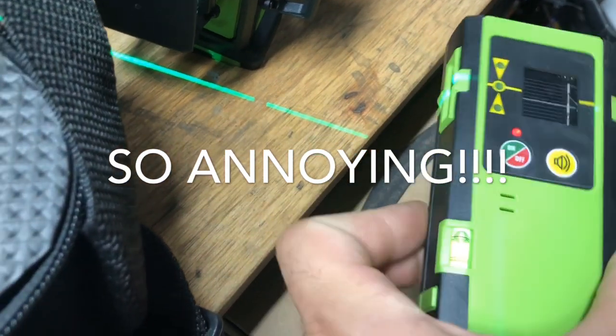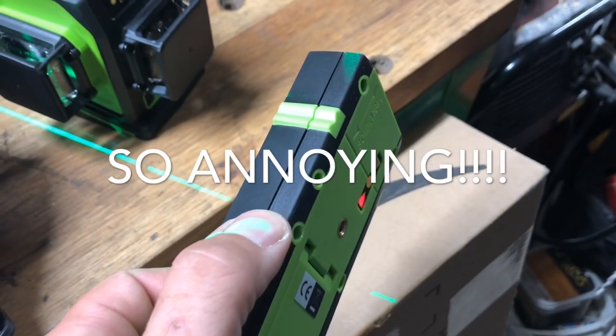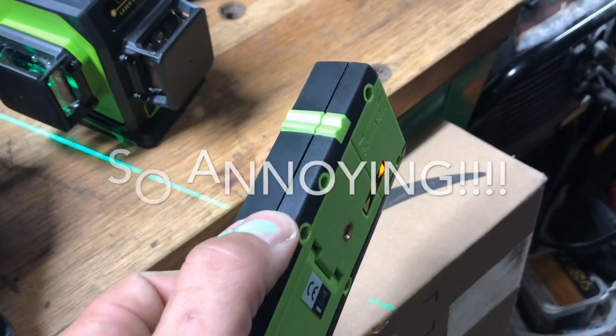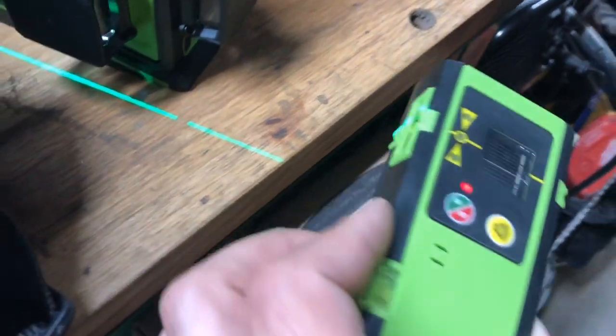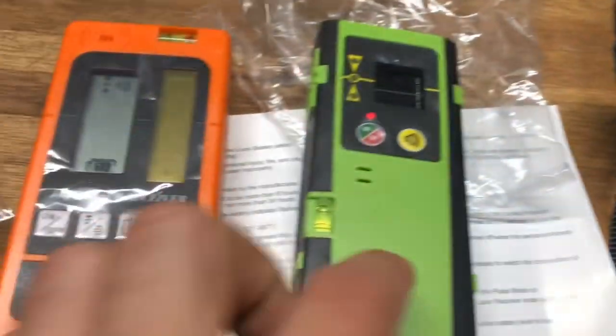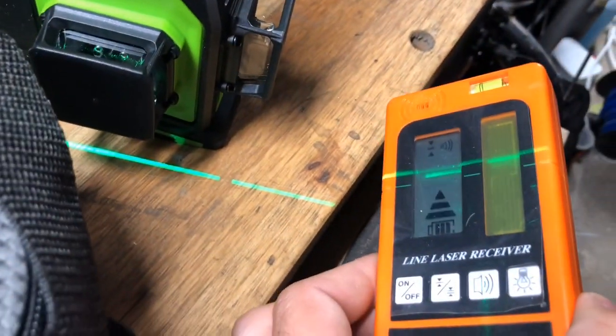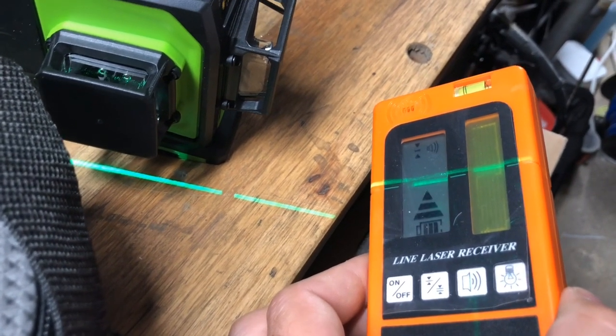And then you've got your, I put it over, yeah, see? Over here it shows you from the reverse, going up and down, and the different colors. So as long as you're not colorblind, you can see that right away. And on the side it has that too. So that's cool. So I might just keep this one because it's a little bit cheaper as opposed to this one, which does exactly the same things, except you just have more of a visual representation. So over here, as you can see,